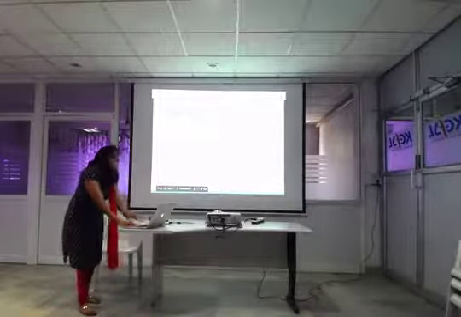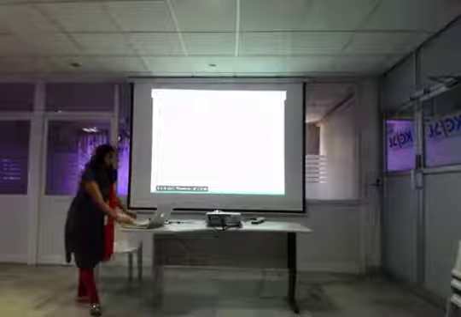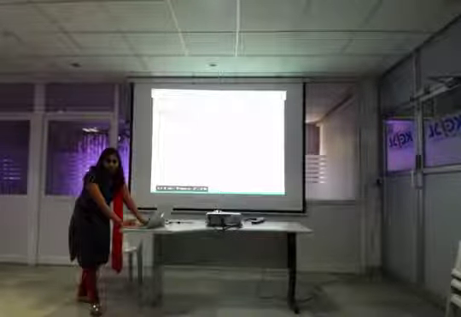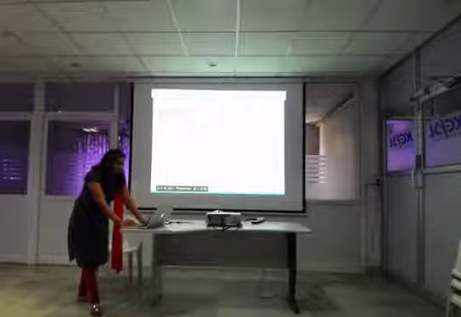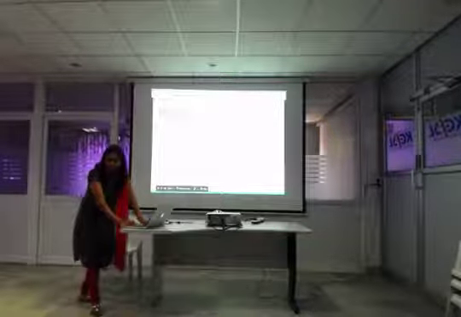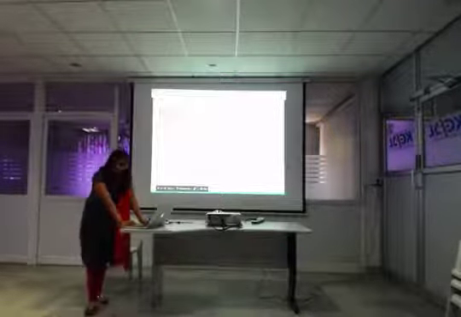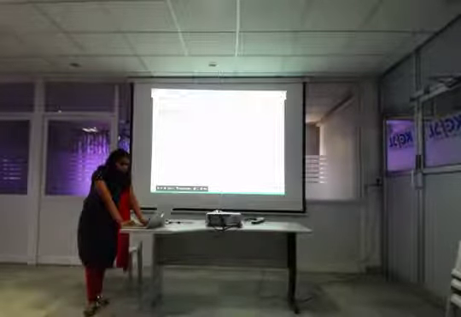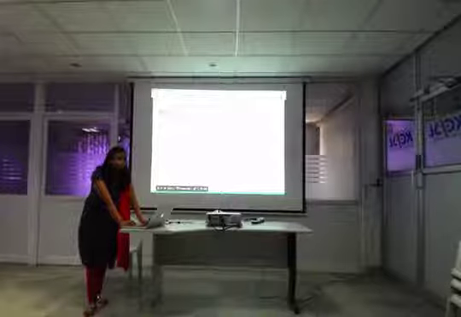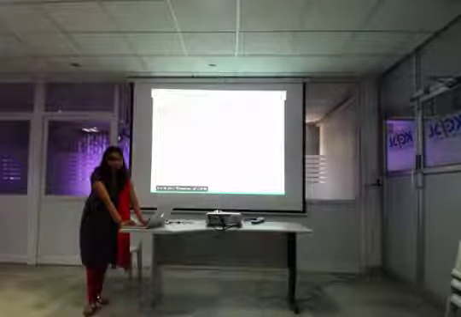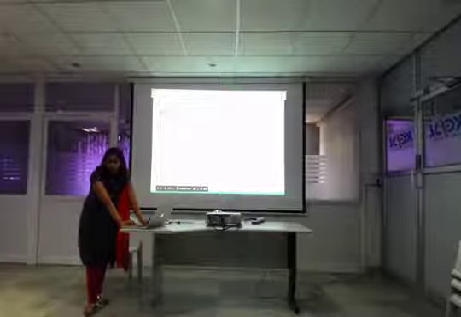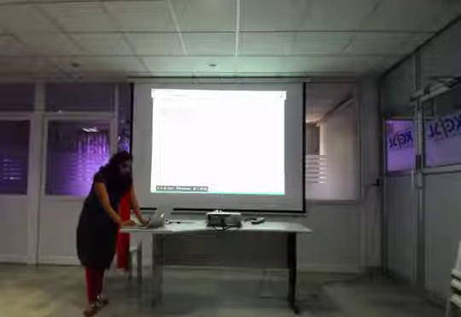So before writing the code, what are the requirements? We have talked a lot about server and client. The first thing we would require is an APM server, which has to be installed on your machine. And then you would require APM client libraries. Your client library can be any of your favorite languages. For now, I have chosen the APM client library to be Java, which is the most widely used language.